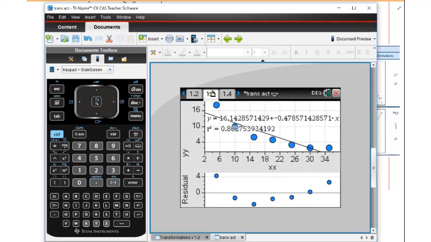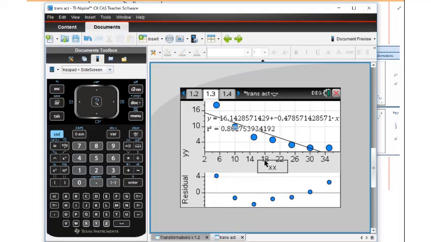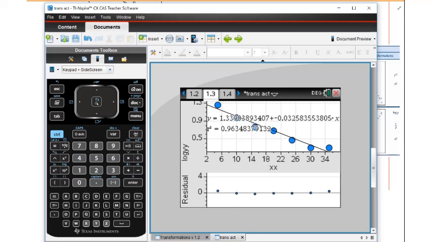Okay, so all I need to do here is change one of my variables. Let's look at the first one I've got, x versus log y. I'm going to have x here, and I'm going to change that to log y. All right, and we can see that in this case,